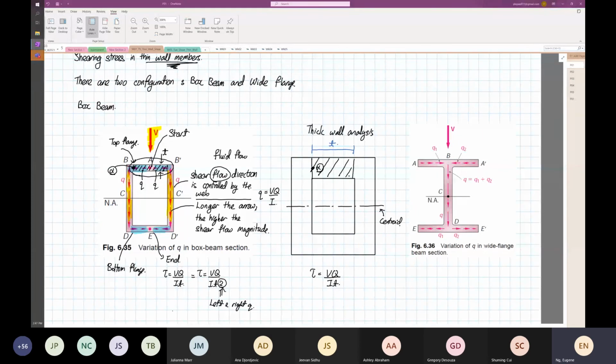But now, let's say we are going to find the stress at beta. We find the beta also. Beta on the thick wall and thin wall is about the same location, the same location. Now, what thickness do you